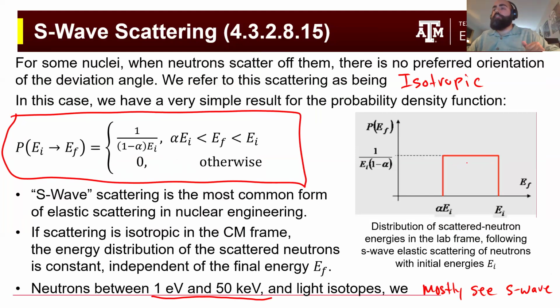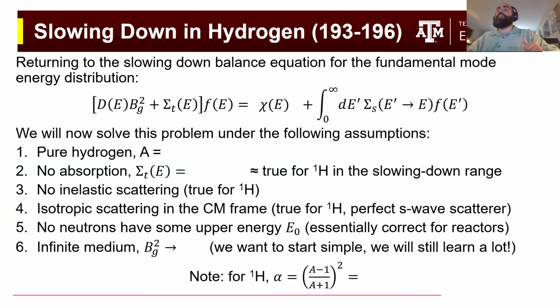You have equal distribution of the outcoming energies as well. As long as my energy is within alpha EI to EI, the probability is constant. We like S-wave scattering because it's simple and it's the only case that we can deal with